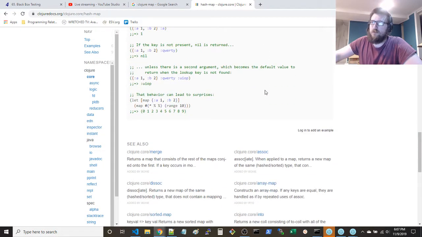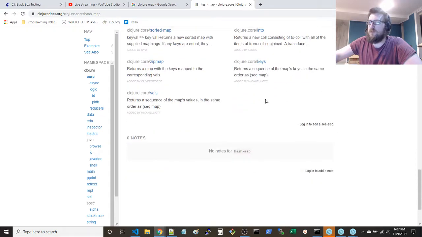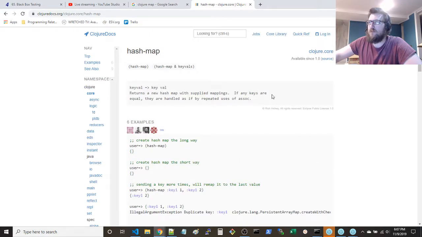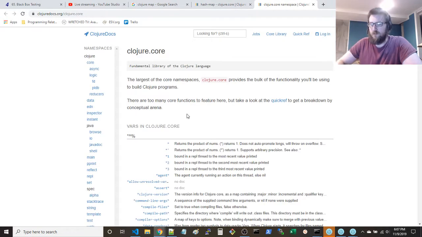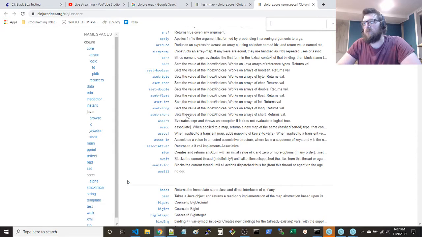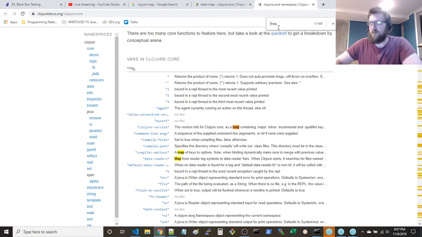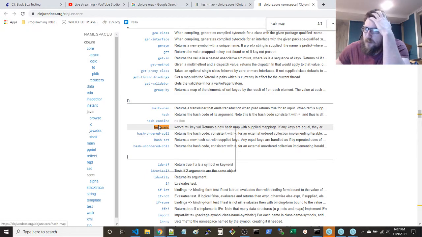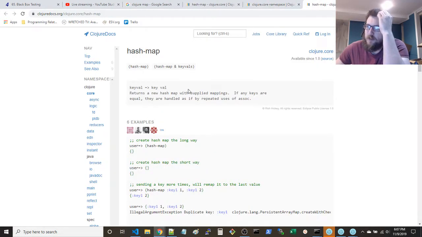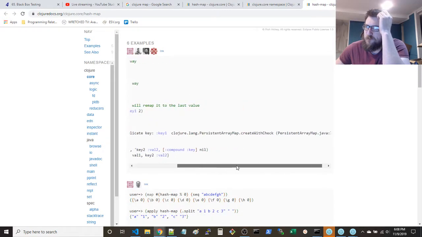This, in the Clojure core, underneath how it's programmed, hash map. Okay. If we go to the GitHub, yeah, there we go. Clojure lang persistent array map.